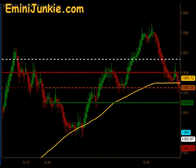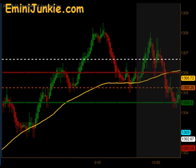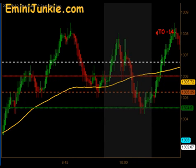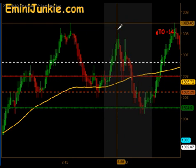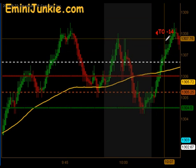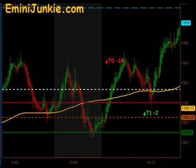We quickly filled our full gap and half gap and it was just kind of meandering sideways, kind of came down through our moving average after the 10 o'clock news, and gave us a false signal to get short. Unfortunately for us, that was a full stop out, T0 minus 14 on that, but the subsequent trade ended up